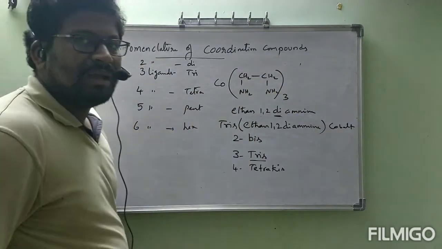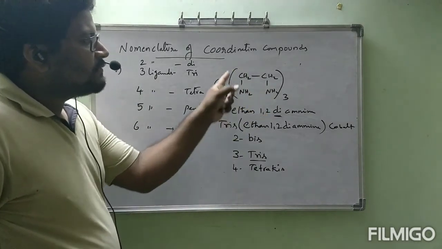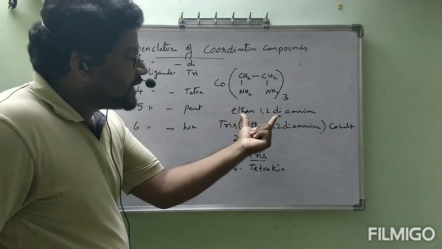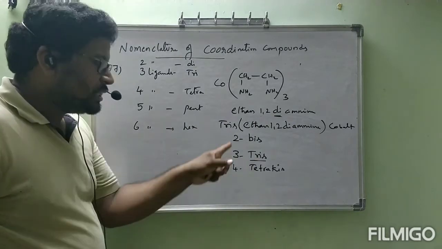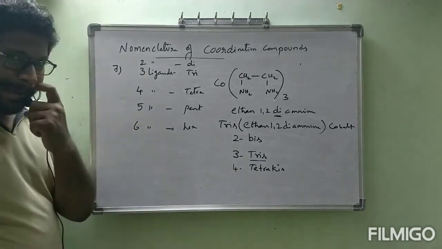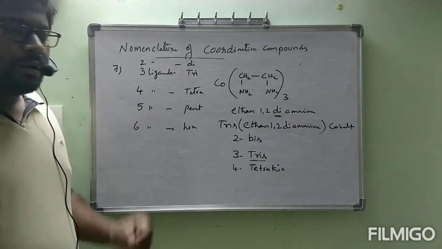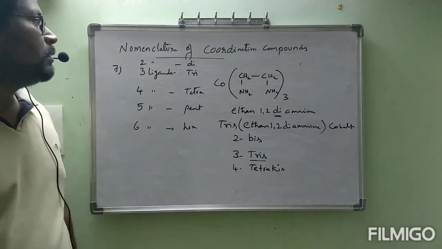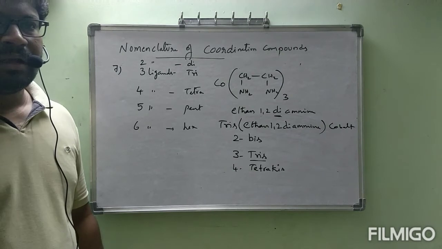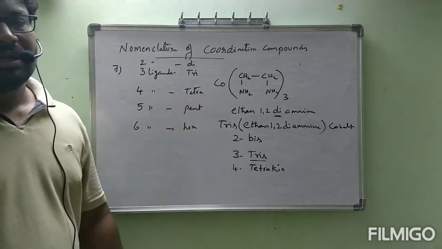Means negative or positive, that one according to the example we will go through. We have to understand what happened here. See, if the ligand itself contains a number like this, di, tri like that, then if these ligands 3, 4 are there, then what do we have to use? 2 means bis, 3 means tris, 4 means tetrakis. Okay ma? And names, NH3 means ammine, H2O means aqua. At the time of writing names ma, I will write once on the board, you will understand easily.